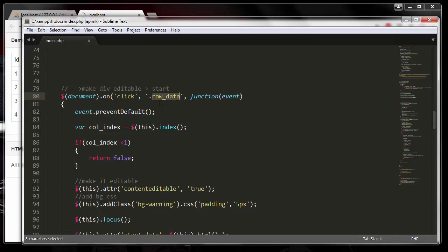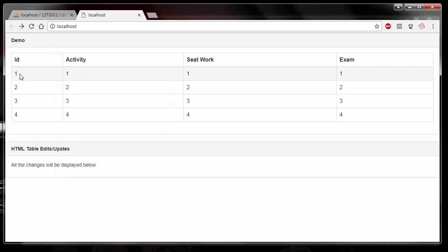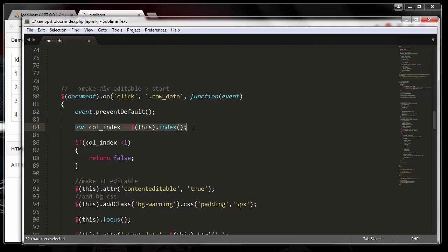Anytime I click on a cell that has a class called row data, get the index of that cell. If I click here, it's going to be 0, because in JavaScript everything starts from 0 and then increments up. So this is 0, this is 1, 2, and 3. It gets me the current index wherever I click on it. And if the current index column value is 0, which in this case is less than 1,